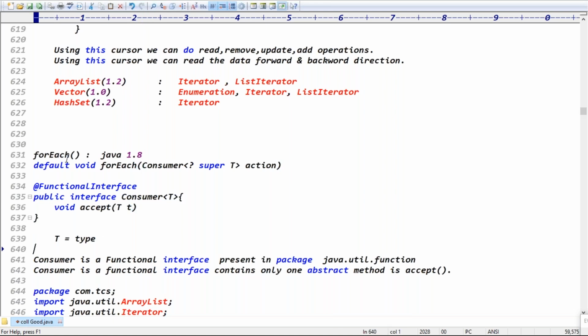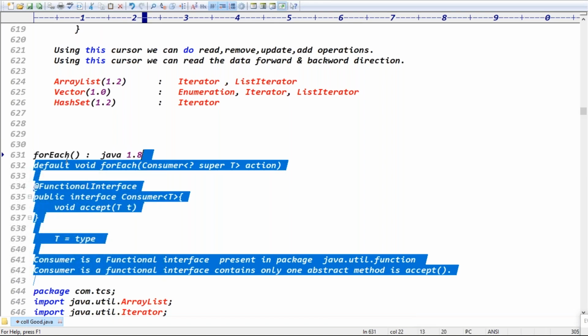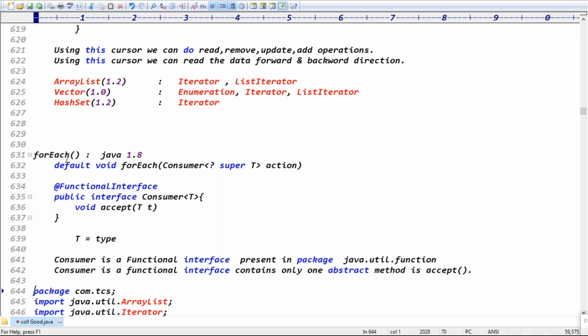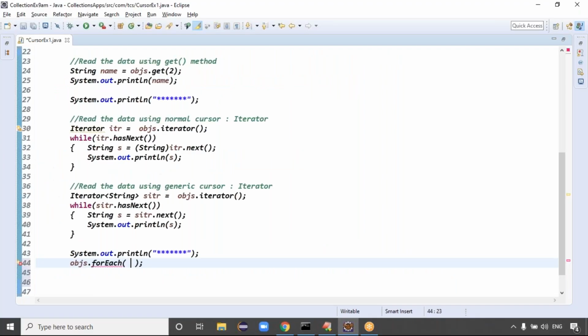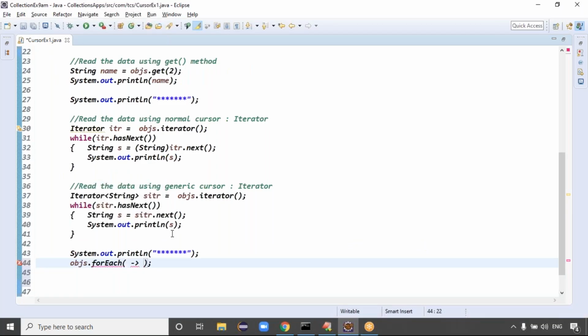This is the information about your forEach, guys. Yes, forEach is clear, everyone. Can I write the lambda expression? Yes. Simply write the arrow. Before the arrow, accept is expecting how many arguments? Accept is taking one argument. One argument means what? That is called the type. Here, what type of data are we reading? String str data, right? As you know, while writing lambda expressions, is type specifying mandatory or optional?